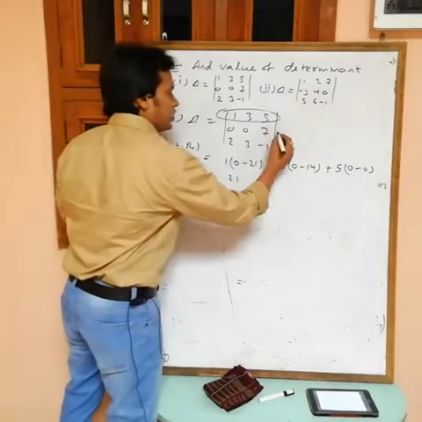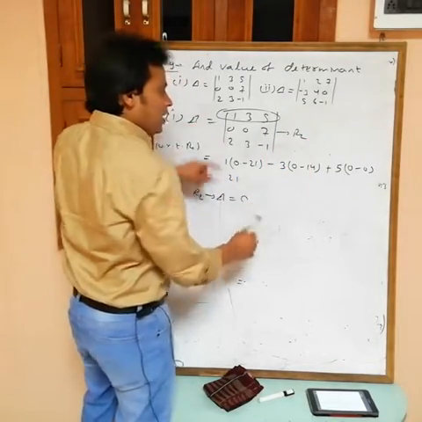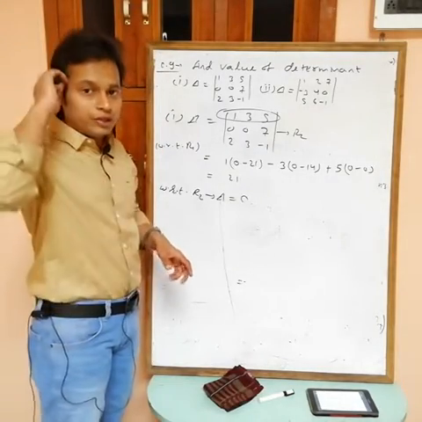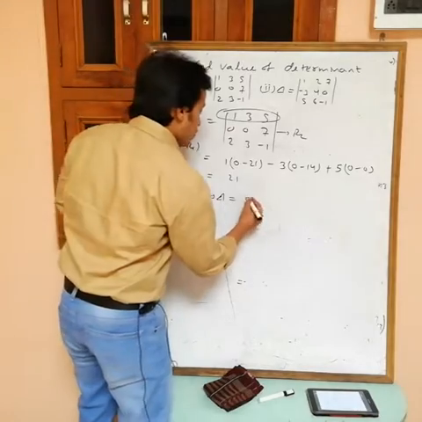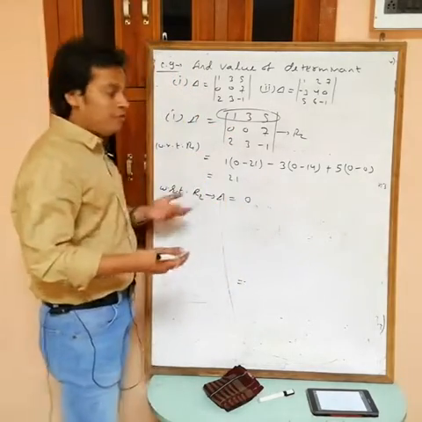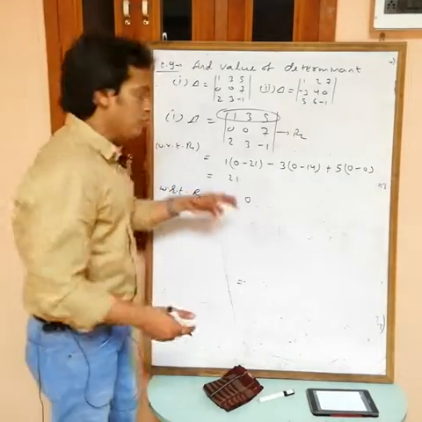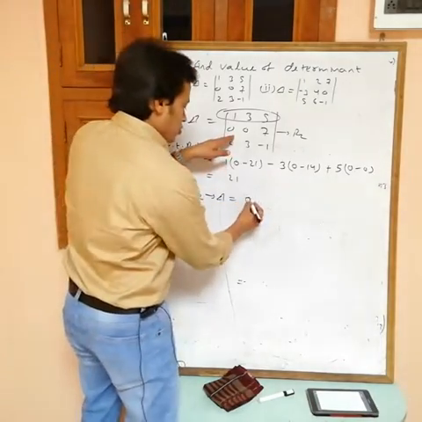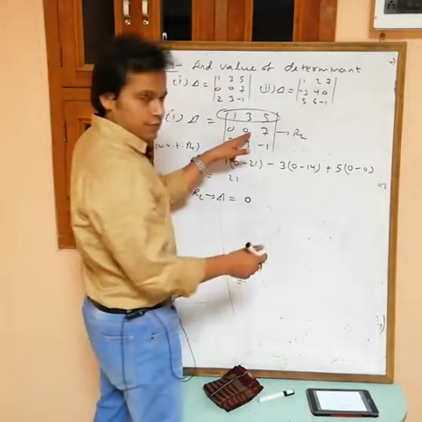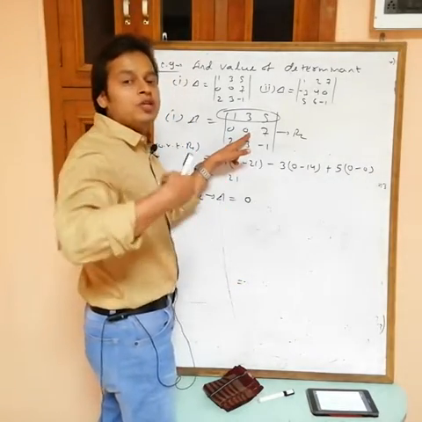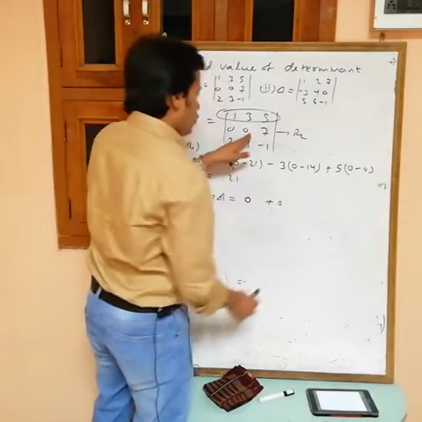Now see, if you find the value of the determinant with respect to R2, then the first 0 is multiplied with its minor, and then we decide the sign. The sign is negative. So the first 0 is multiplied with its cofactor, but if you multiply 0 with anything, you only get 0. So for 0 there is no need to find the value of the minor or cofactor. Then again take this one. If you multiply this 0 with its cofactor, again you get 0, obviously, 0 into anything is 0.